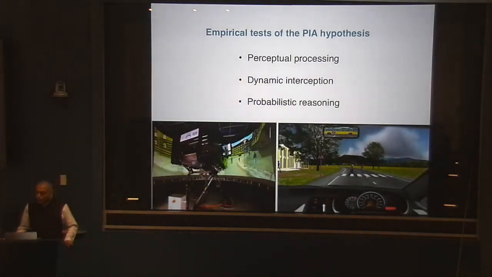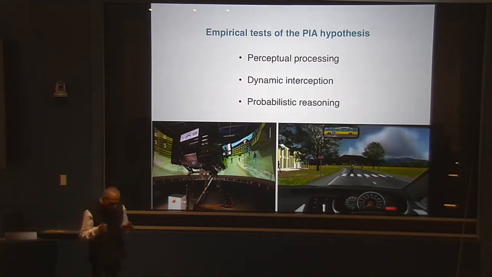This is simulated driving. It's interesting that high-functioning autistic individuals who certainly have the IQ to engage in very complex tasks, very few of them drive. So according to the National Transportation Center, less than 20% of high-functioning autistic individuals drive. And the obvious question is, why do they find driving difficult? What aspect of driving is difficult?